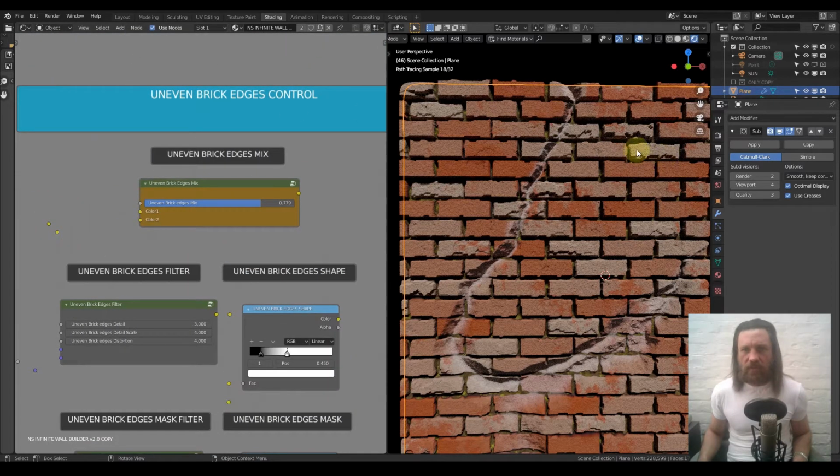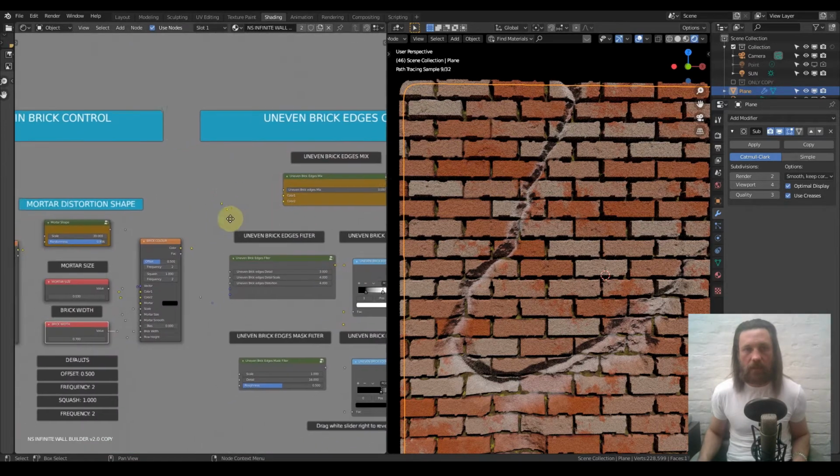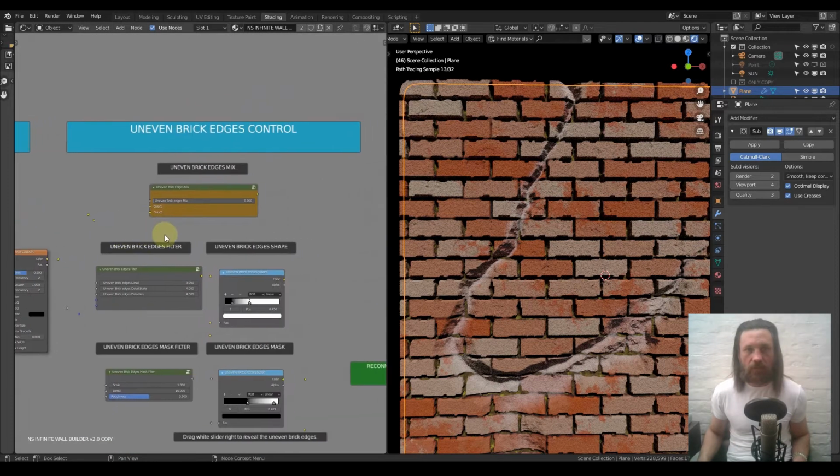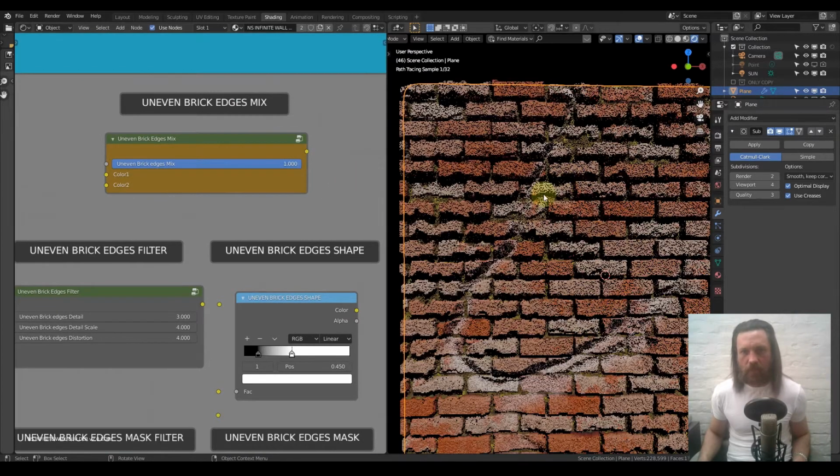So these bricks here are being created by this specific filter. If I turn this off, they will disappear. And now it's just your bog standard bricks, and only the edges are being messed up by the mortar distortion. So when you mix in the uneven brick edges mix, we get certain